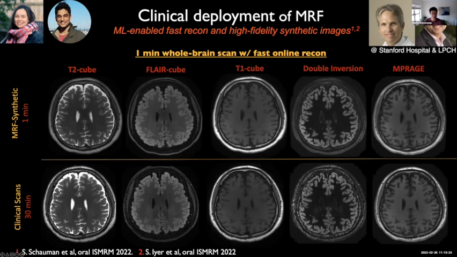fast online reconstruction. Here's some of the synthesized MRF contrast that we can get from this 1 minute whole brain scan. T2 FLAIR, T1 CUBE, double inversion, as well as MP-RAGE. We get all these along with the T1, T2, and proton density maps. And you can see here that this corresponds pretty well to the standard accelerated clinical scan that would have taken about 30 minutes to acquire across these 5